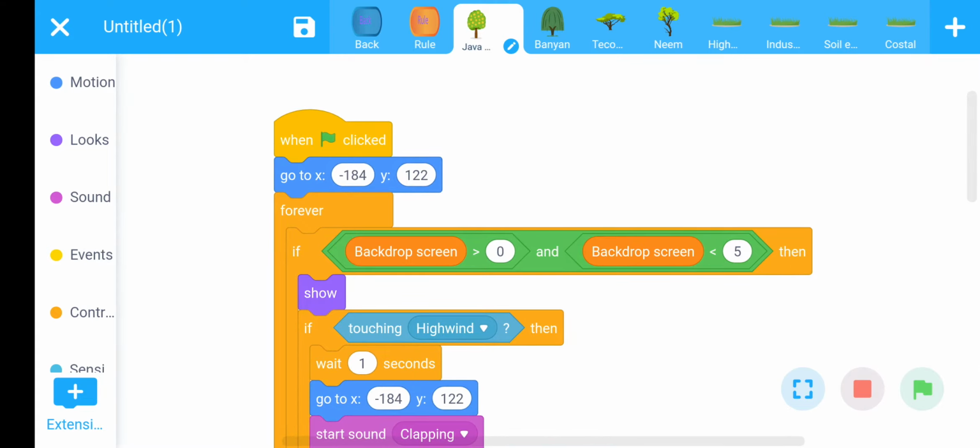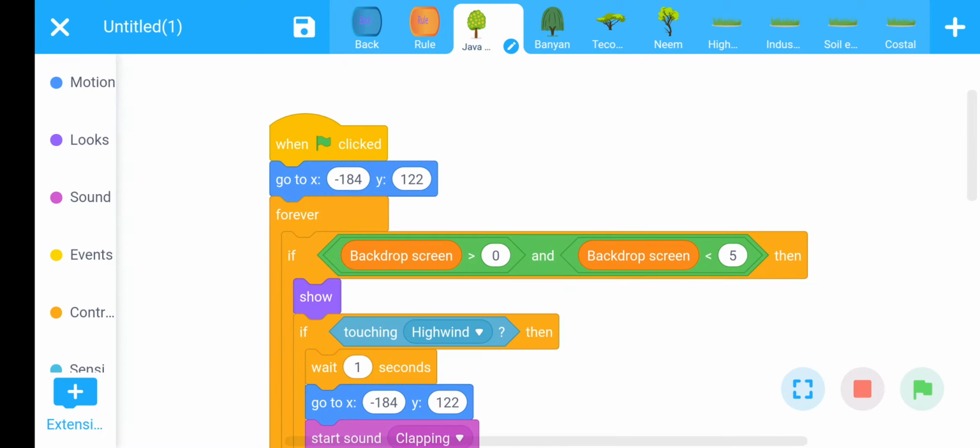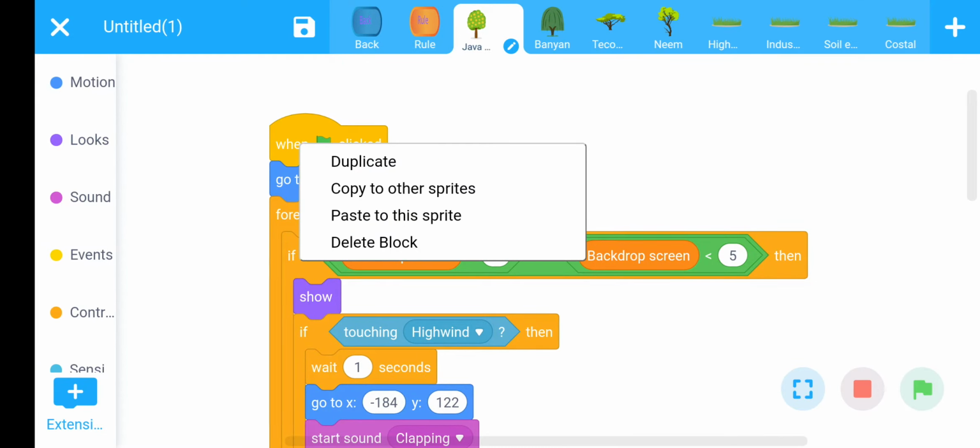For this, you can copy all these commands by touching near the van. When you touch, this box will automatically open. Choose copy to other sprite.